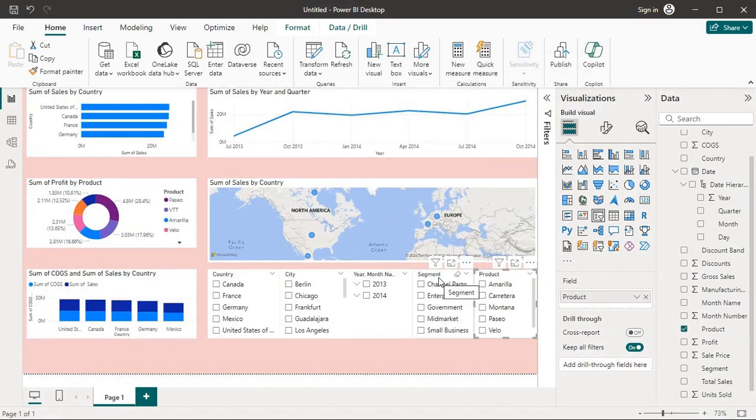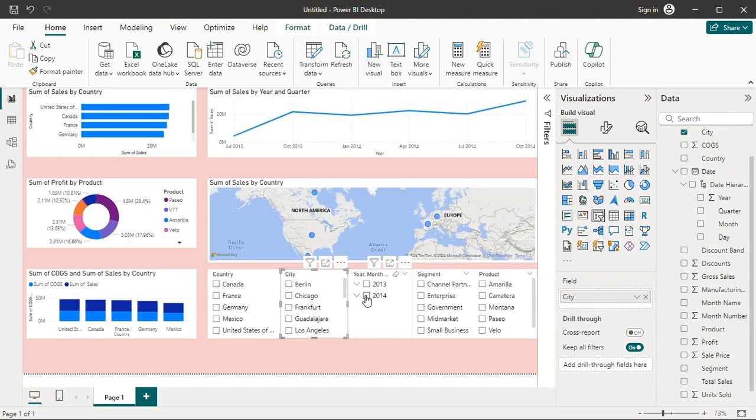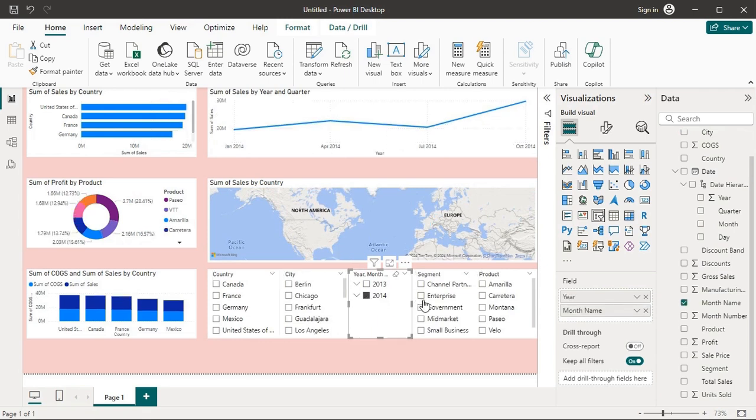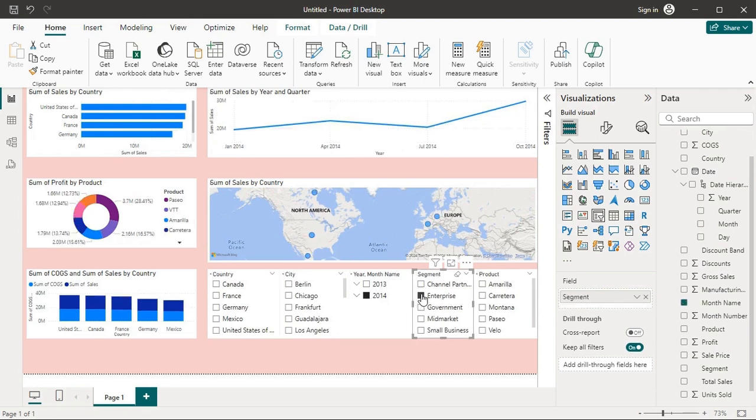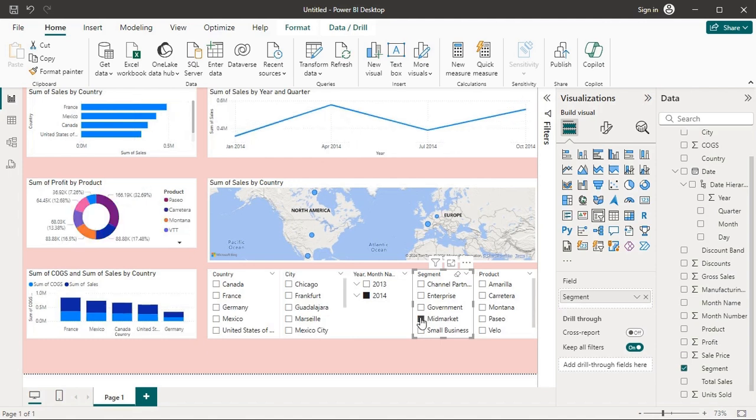Here you can see how the entire dashboard will change instantly with your selection. This interactivity helps you analyze data more effectively and make informed decisions.